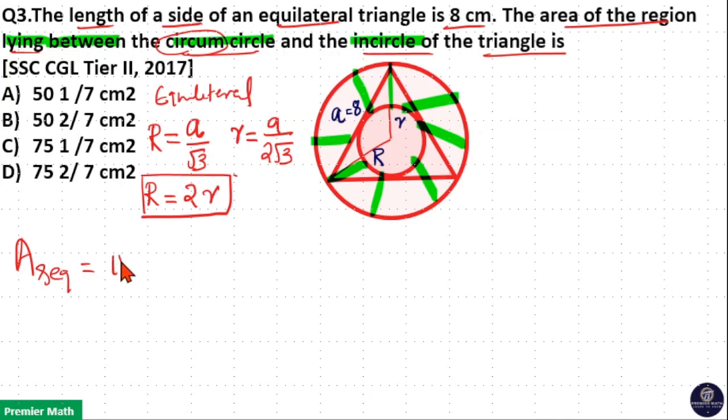the area of the outer circle, which is equal to pi into capital letter R square, minus the area of the inner circle, which is equal to pi into small letter r square. Here capital letter R is equal to 2r. So 2r square is equal to 4r square. So 4 pi r square minus pi r square is equal to 3 pi r square, which is the